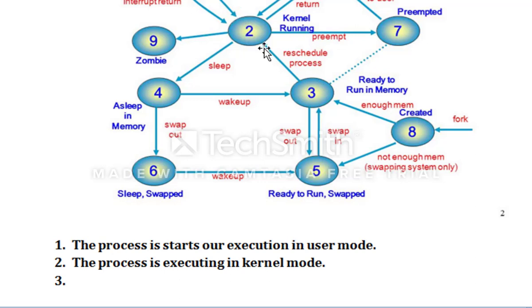The process is not executing but is ready to run as soon as the kernel schedules it. There may be a chance that the process switched from the process 1 user area to the kernel area and the CPU is not ready to execute at that time, so the process is forwarded to step 7, and the process returns to the user area, and from the user area again it will return to step 2. So it will move like that, 1 to 2, 2 to 7, 7 to 1, 1 to 2 again.